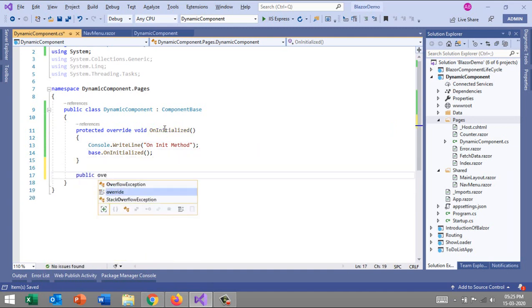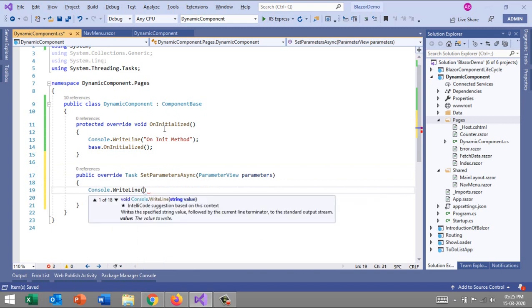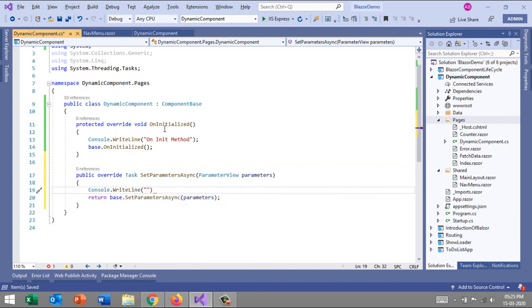Then we'll also override SetParametersAsync, with Console.WriteLine in the SetParametersAsync method.